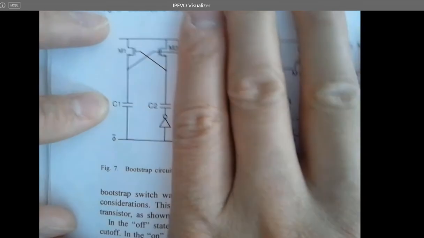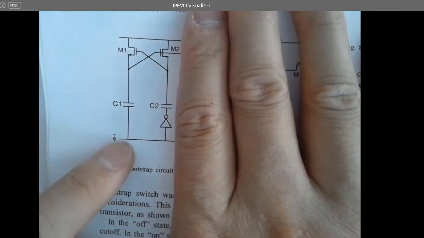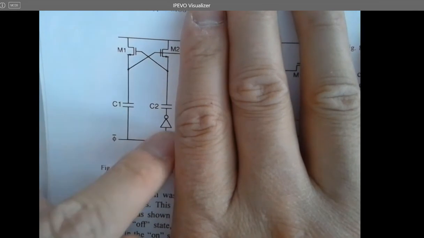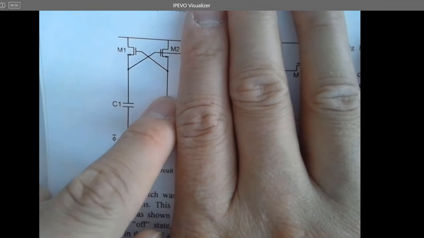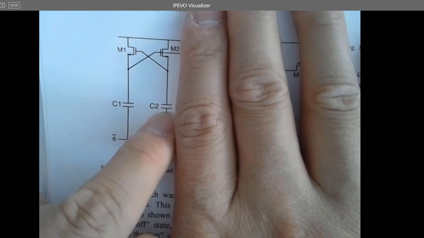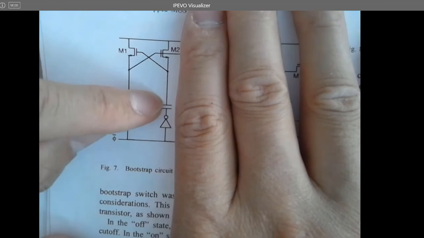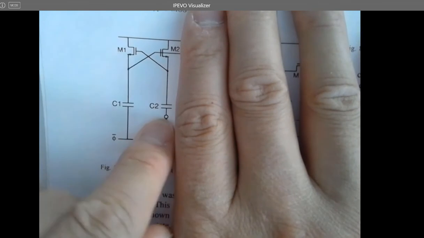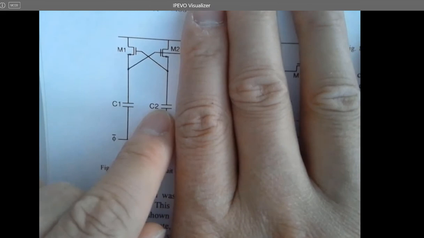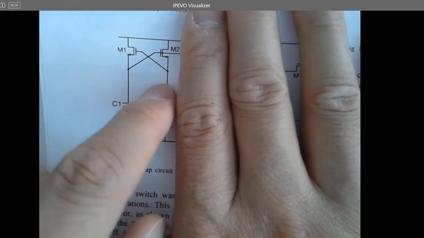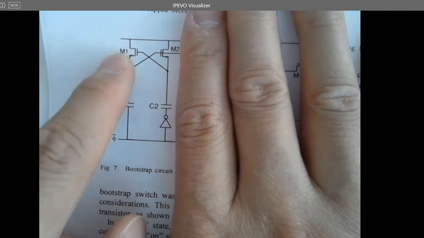Because you have two sides, you have two capacitors, and they are 180 degrees out of phase. So whenever this is pulling, this is dumping. So it's dumping positive charges to here. I can imagine previously it already pulled charges to this plate. So whenever this is going high, it's going to add that VDD to here. So you are getting 2 VDD over here,